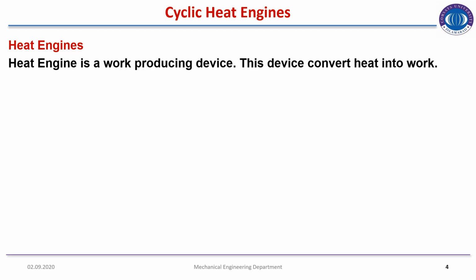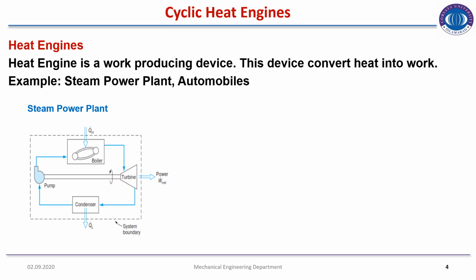The main component of a cyclic heat engine is the heat engine. The definition of a heat engine is that a heat engine is a work producing device. This device converts heat into work. So a heat engine is a work producing device and it converts thermal energy into work, or heat energy into work. Examples of heat engines are steam power plants and automobiles. In a steam power plant, as you know, high energy, high enthalpy steam